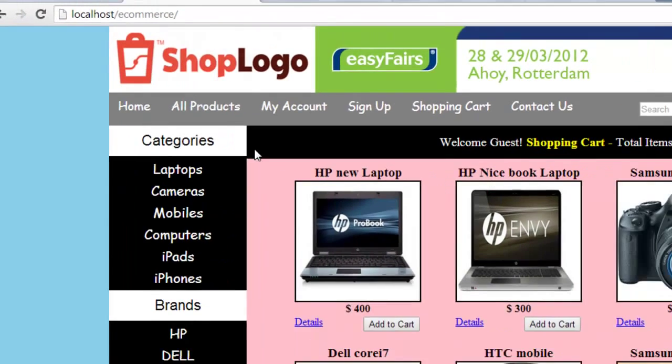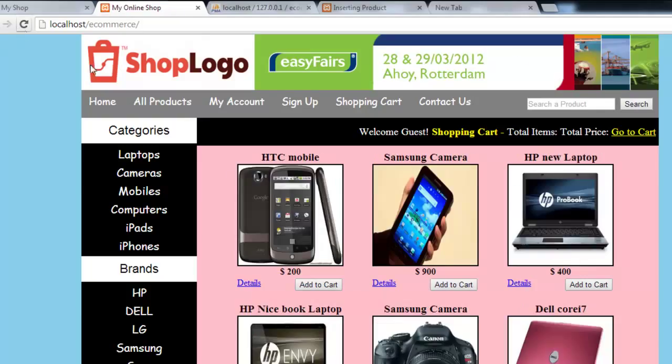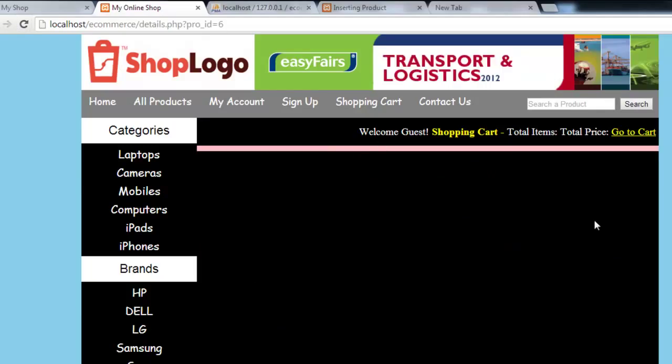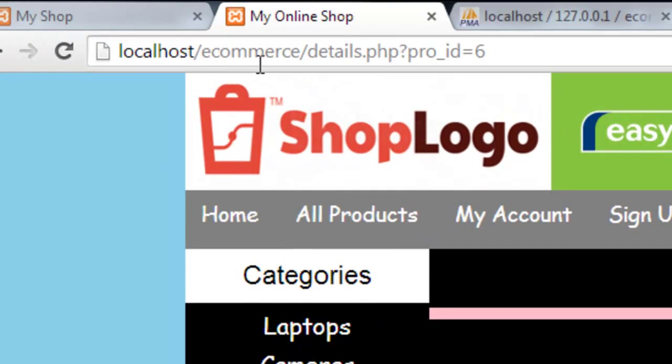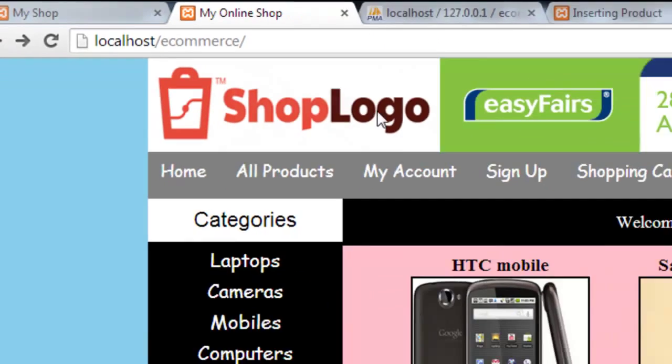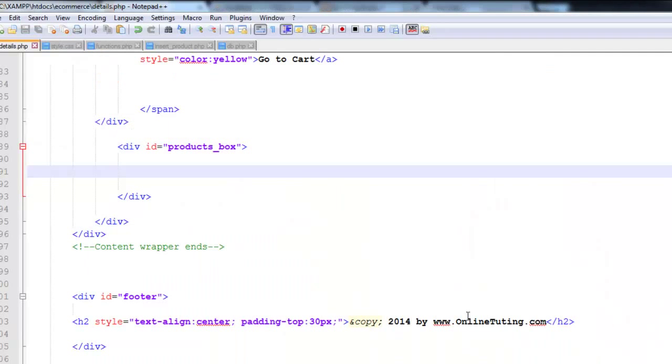Now when you go over here, refresh the page, and click the details, you will be taken to a page where no data is appearing. But you can observe above in the browser that this page is now details.php and product ID is equal to 6. So that means we can get that ID directly from there. So very simply